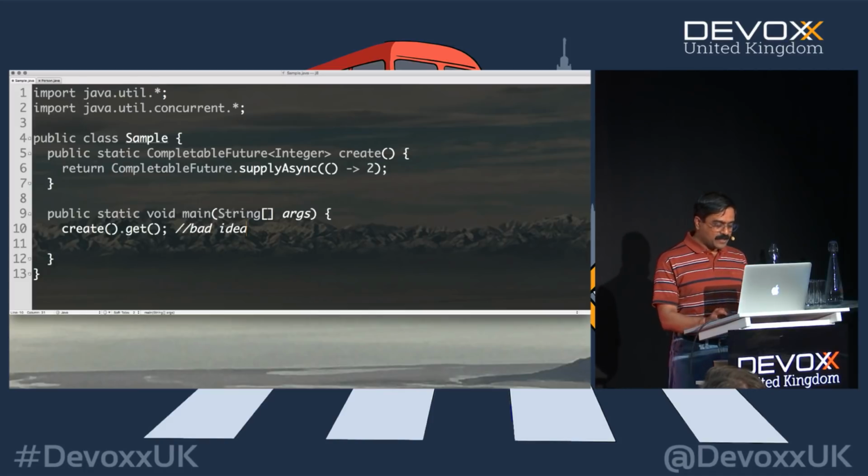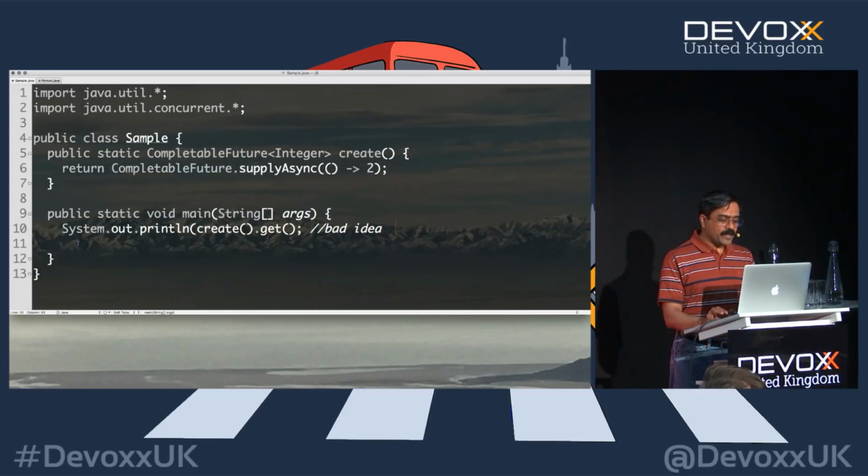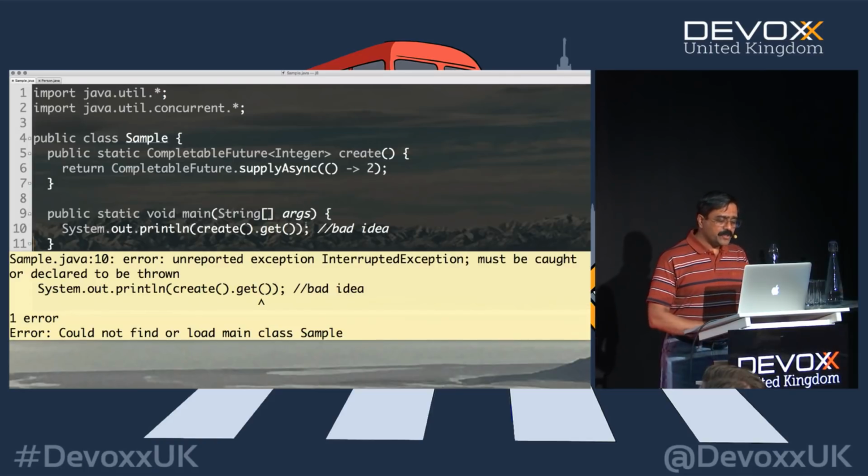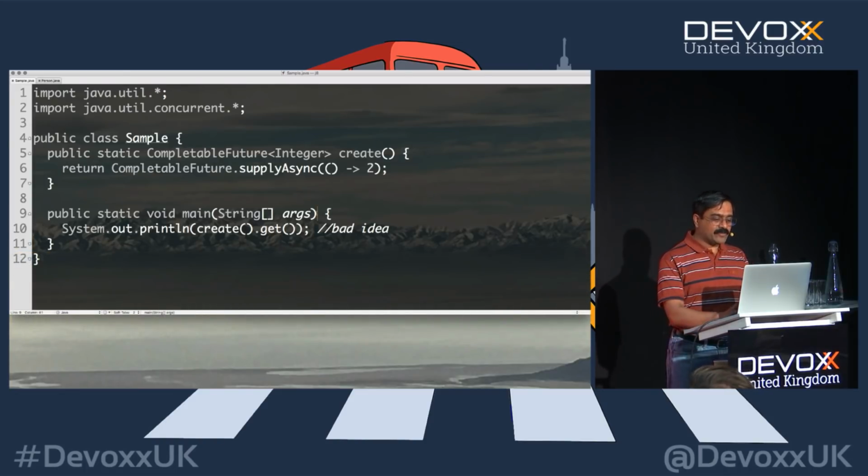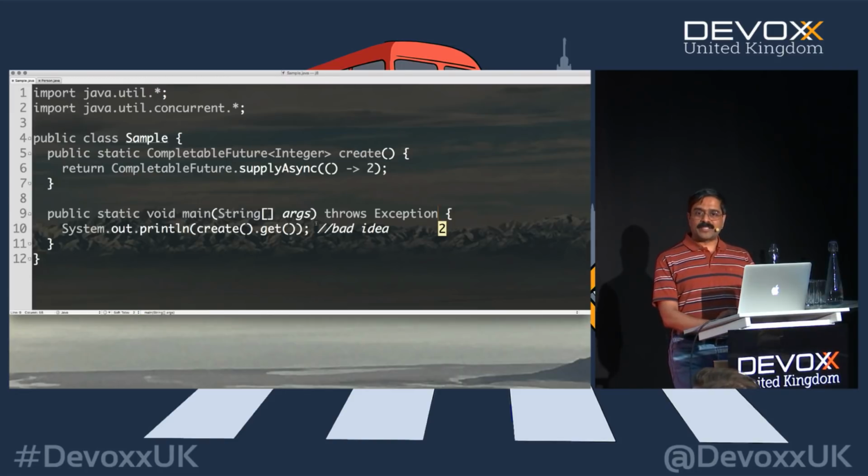Why is it not a good method to use? Well, if you notice over here, I'm going to output over here as get right here, and I'm going to output the result of the get method. What is it going to tell us? First of all, it tells us you should handle exceptions. Well, we are mature Java programmers. We know exactly how to take care of those things. We'll simply throw exception and be done with it, right? That's how we tell the compiler how we feel about it, right? So in this case, of course, I run the code. It said 2. Now, why is this such a terrible idea?